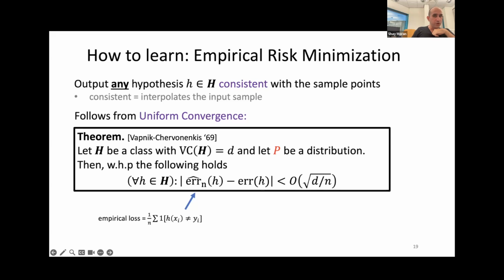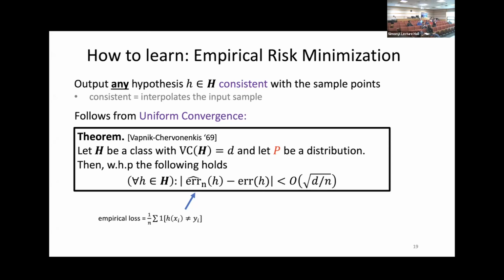And the event says that for every hypothesis in the class, the population loss of the hypothesis, this R of H, the probability that it misclassifies a random example, and the empirical loss of the hypothesis, the fraction of examples from the training that it misclassified, are roughly the same. So what you see, the empirical loss, is what you get. The population loss up to a small error that vanishes as n goes to infinity.